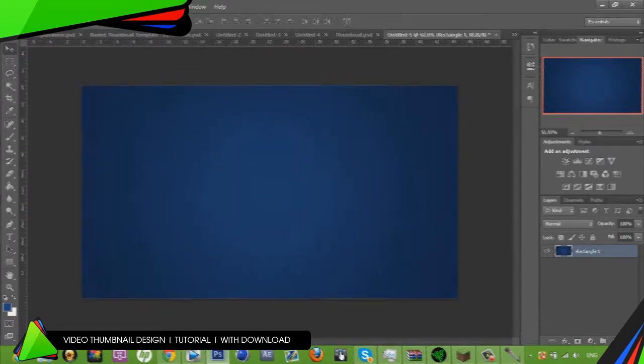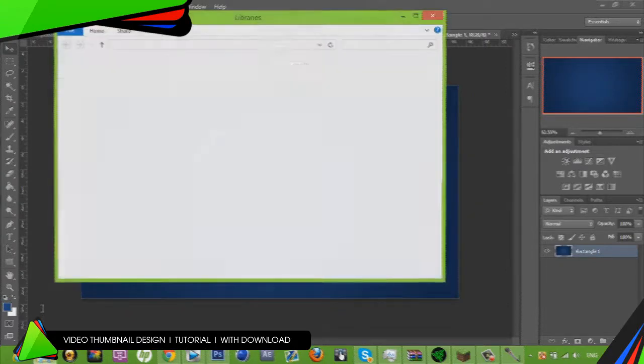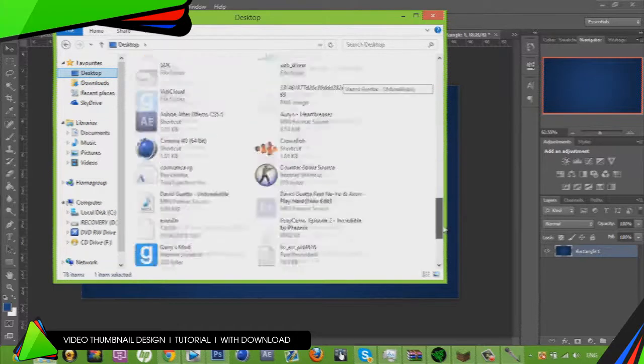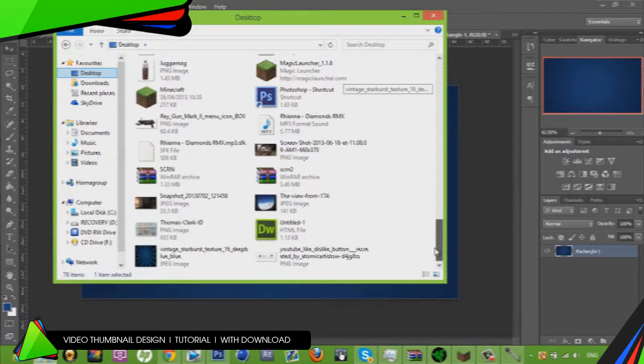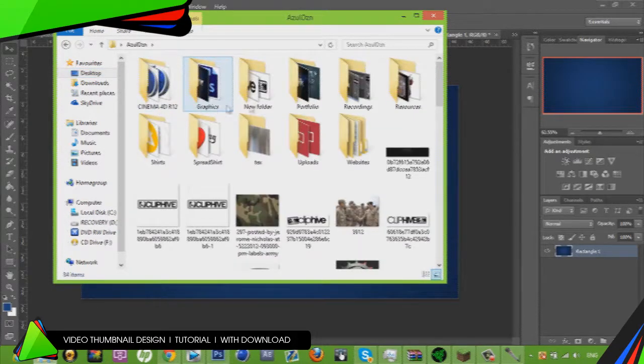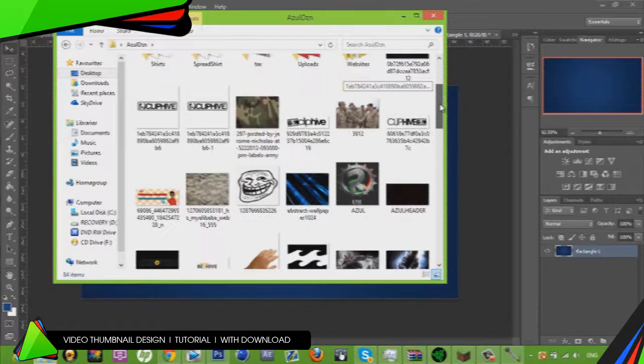Now you might think this is quite basic, but what you can do is get some extra image layers. I want to quickly show you an image layer I can put onto it. Let's see, what can we get here? I'll just look on my resources a second. Everything's so organised on my computer. Nah, I'm joking, it's not organised. But I'm going to get like a